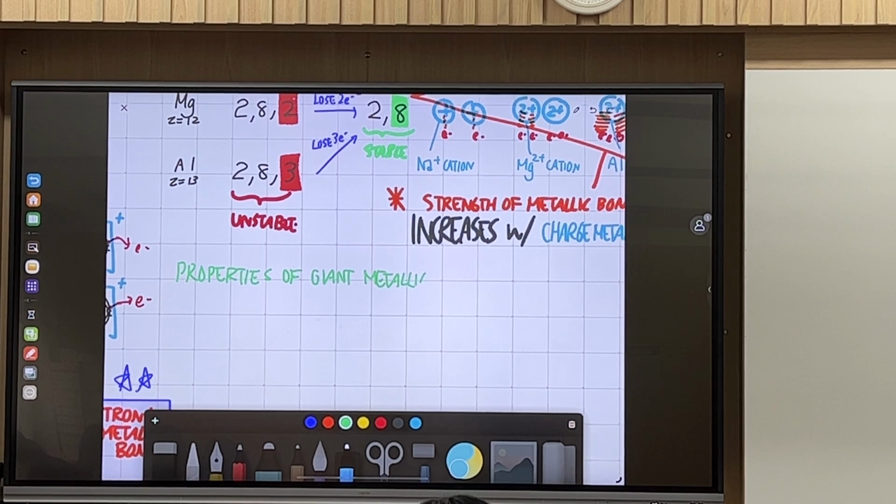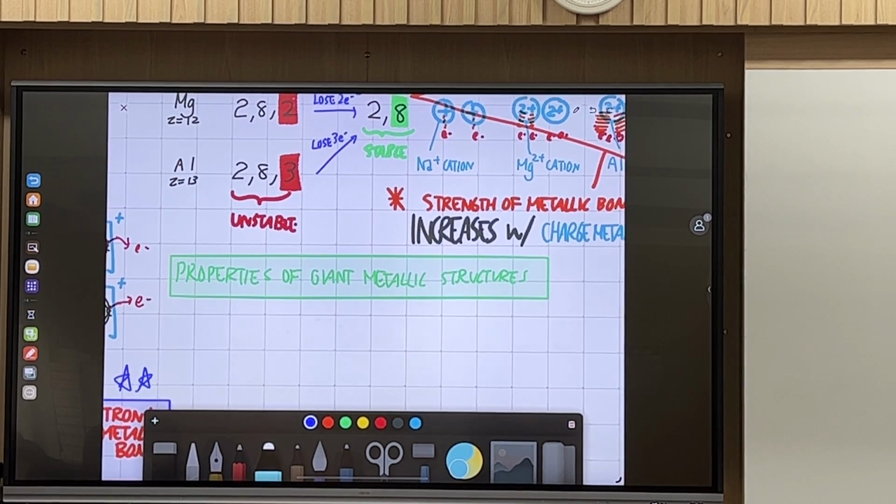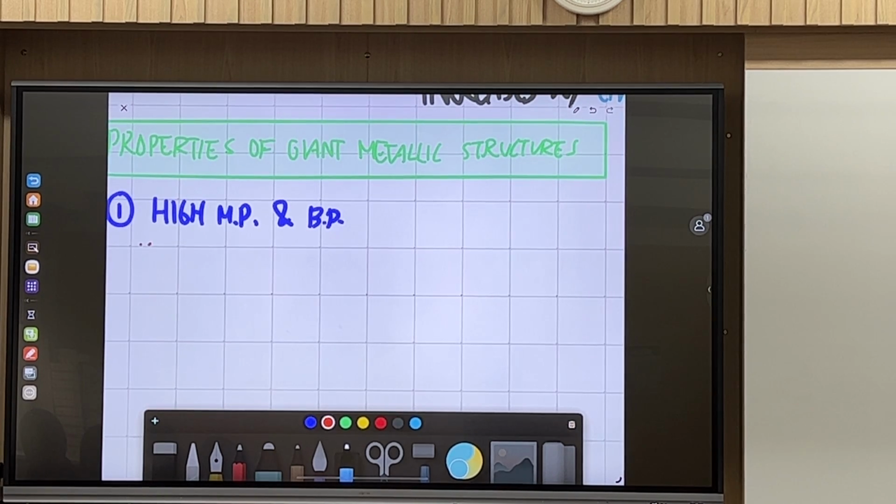So here we look at the properties of giant metallic structures, starting with number 1, high melting and boiling point. You can also take out the worksheet so we can fill out this table. We are at the last column, that will complete your understanding. In terms of melting and boiling point, they are pretty high. So high melting and boiling point because metallic bond is strong,